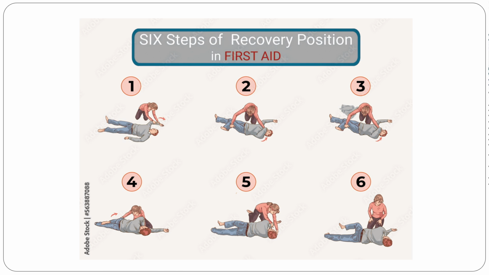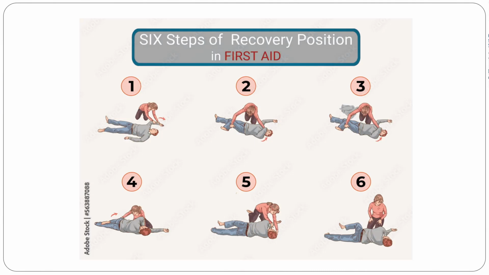This is the right side. Here the right hand is turned at a right angle to the body. Then the patient is... you alone can also give the recovery position to an unresponsive patient if you follow the steps properly and systematically. First, position the hand, then turn the body with the left hand and left leg, then place the left hand below the face, securing it and giving support,